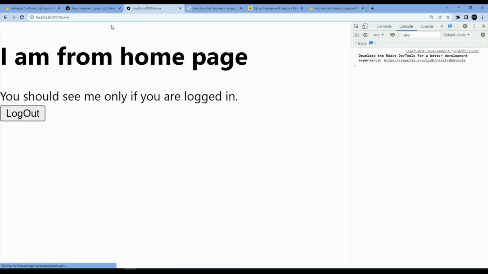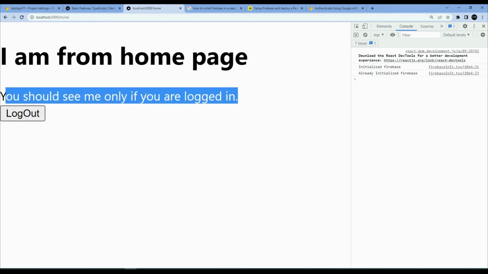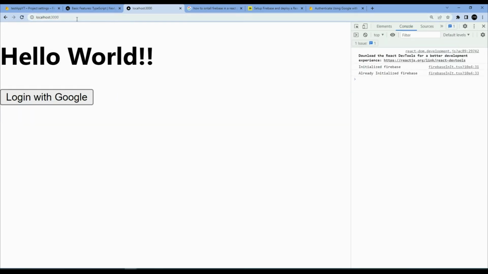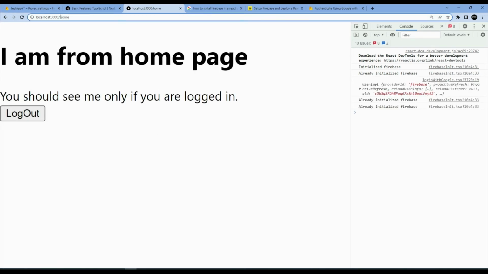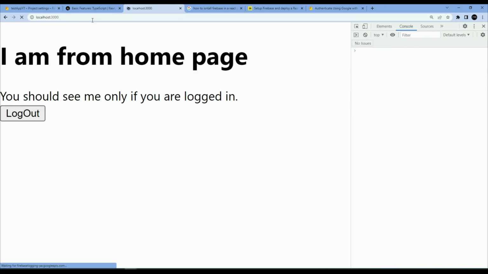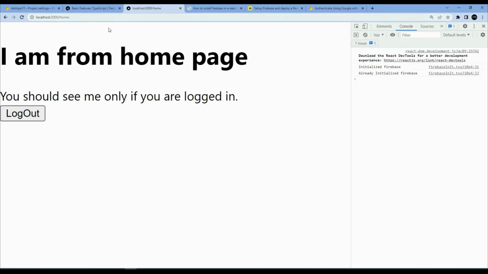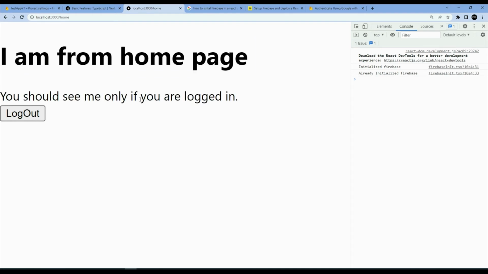If we come back and right here, it says hi, I'm from homepage. You should see me only if you're logged in. Logout button doesn't work, and there's no way to log out right now, but you are able to go to index page and you're able to go to home page like this. So if I go back to index page, and if I just go here and manually say home, I should be able to go to home page. In general, this should not be happening, but we're going to handle that in a moment,